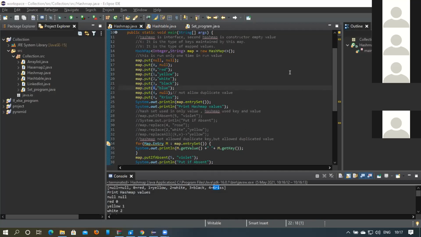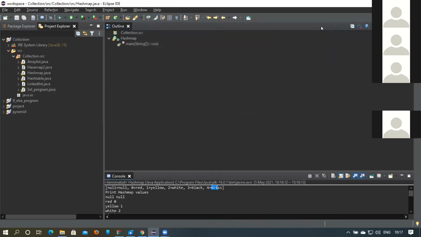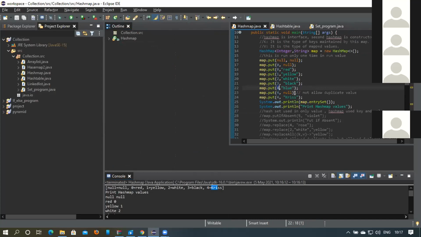When it comes to the hash map world, all the values you will be storing in a bucket. Previously, we used to show that index, right? In each index, the values go and store. But when it comes to the hash map, it will go and store in a specific bucket. I don't want you to get confused with all those internal details, but at least at a high level, you should understand.